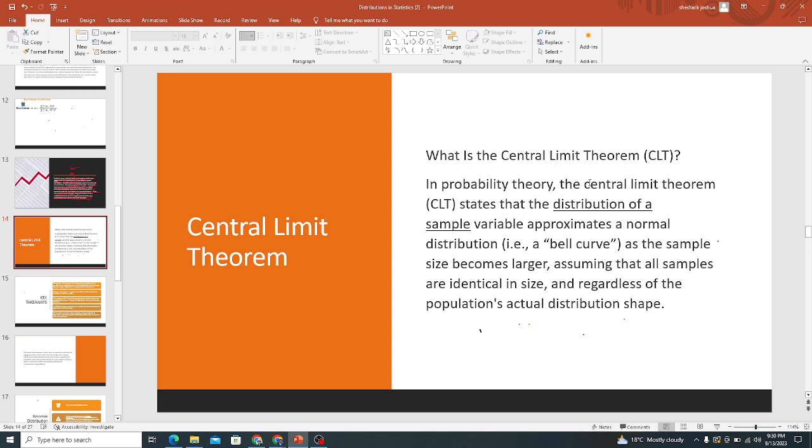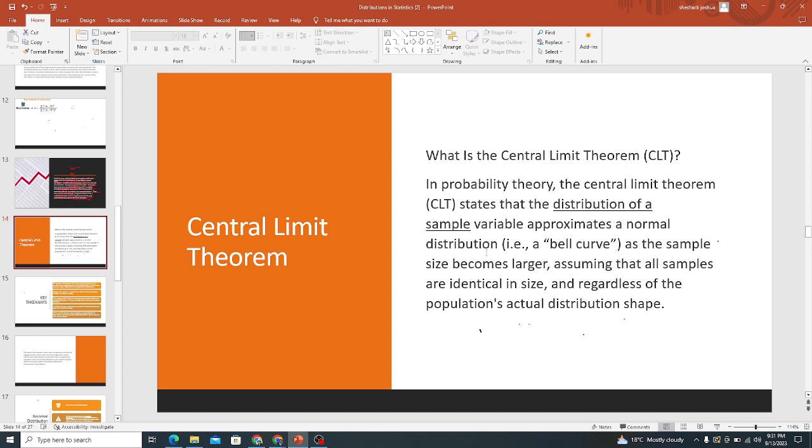Okay, in probability, the central limit theorem states that a distribution of a sample variable approximates a normal distribution as the sample size becomes larger, assuming that all samples are identical in size and regardless of the population's actual distribution shape. Okay, so basically, when we are dealing maybe with a set of data, we are saying that as we are increasing the sample size of our sample data set, then